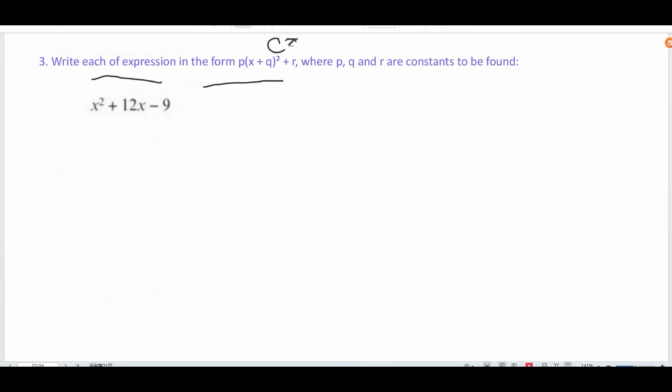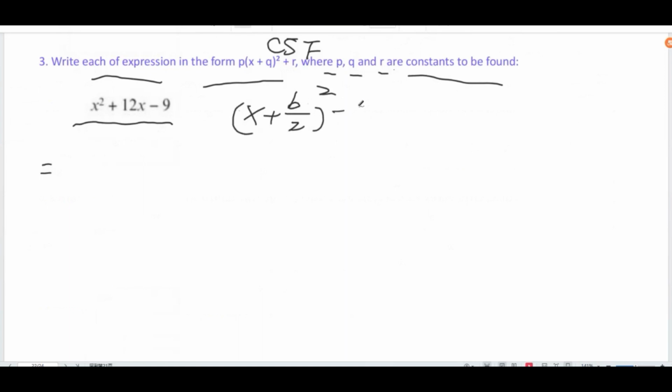Okay, example: write the expression in the completed square form, where p, q and r are constants. So we have to find the values of p, q and r, okay? So this quadratic equation can be rewritten by the function. Did you remember that? If the coefficient of a is 1, so we use this quickly formula, right? So it can be rewritten by